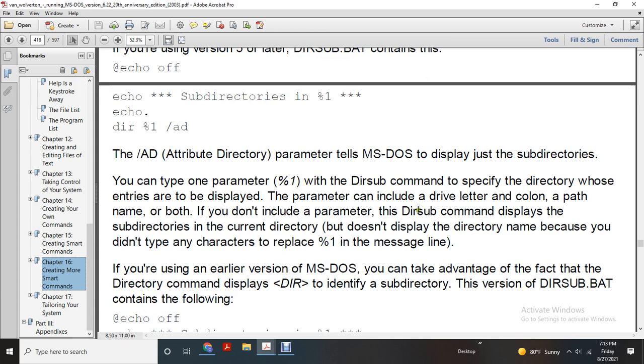If you include the subdirectory parameter, the command displays the subdirectory of the current directory but does not display the directory name, because you didn't type any characters to replace the first version of the message line. If you're using an earlier version of MS-DOS, you can take advantage of the fact that the directory command is able to